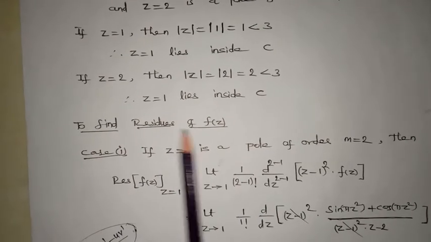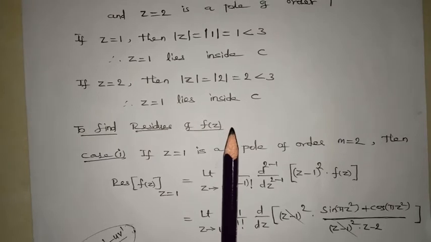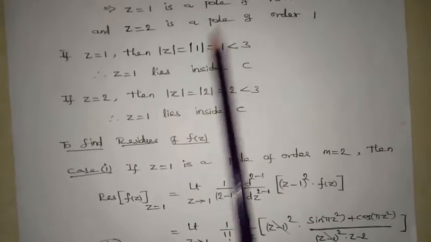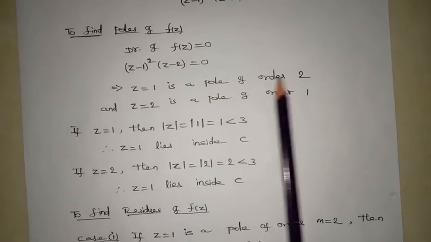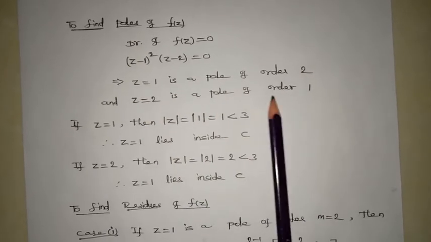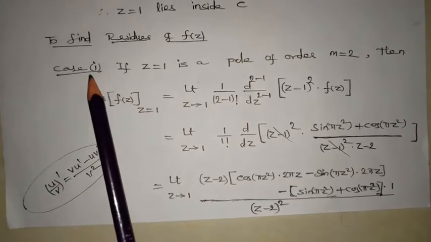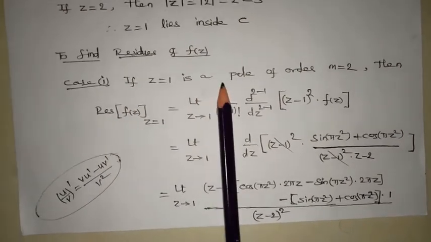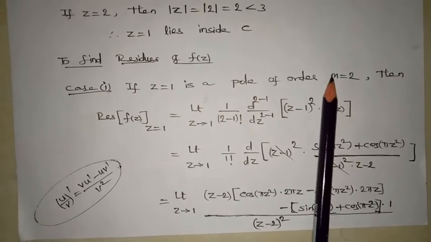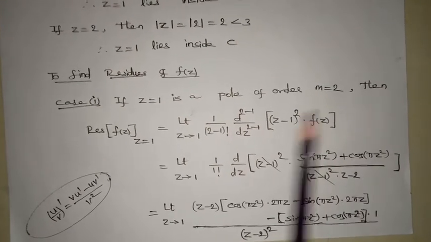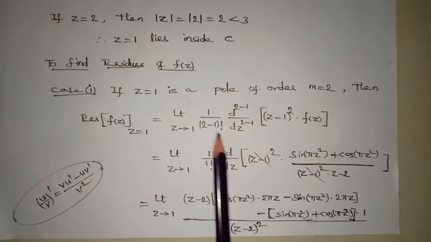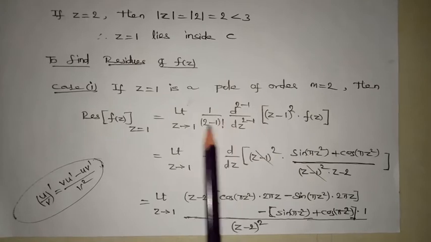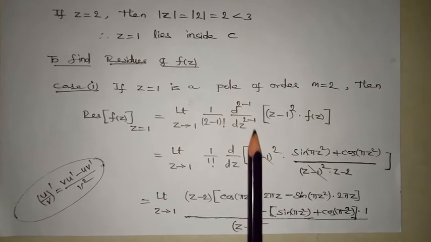Now we need to find the residue of both poles. What are the orders of the poles? z equal to 1 is a pole of order 2 and z equal to 2 is a pole of order 1. Now I took the first case, z equal to 1, a pole of order 2, so that m value is 2. Then what is the residue formula corresponding to that? That you know already. In that, m is equal to 2 and a is 1. If you replace it, after simplification,